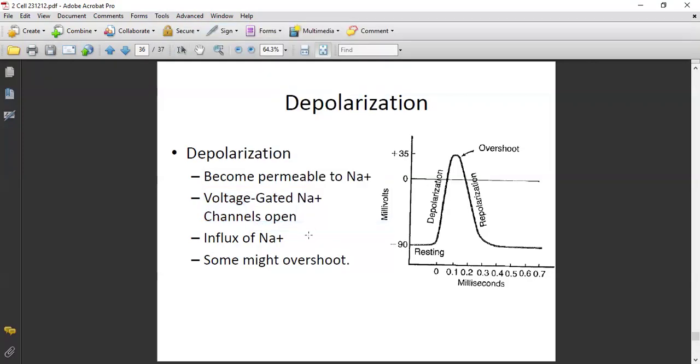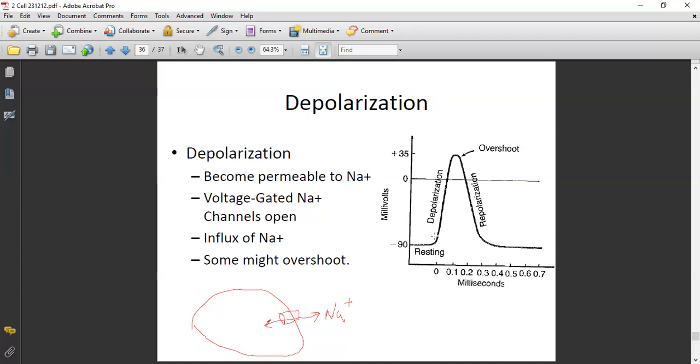Pencil tool. All right. So say this is the cell, right? This is the cell. And you have a voltage-gated sodium channel right here, right? And so that's a voltage-gated sodium channel. Now, when it's open, it will make the sodium freely diffuse. So this is sodium freely diffusing. It's an ion channel, so it's open,